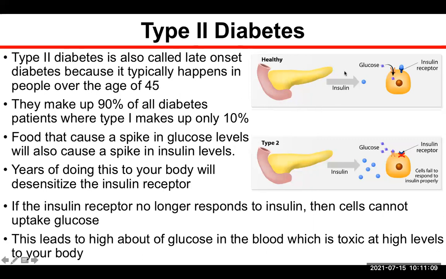And so here we have a normal healthy function that happens in our body. We have our pancreas that registers that there's a lot of sugar in the blood. It's going to secrete insulin into the blood. And then once insulin is circulating within the blood, it's going to bind to the insulin receptor. Once the insulin receptor is stimulated, it's going to tell these glucose transporters on the surface of the cells to start intaking glucose. So it reduces the amount of sugar that's in the blood,